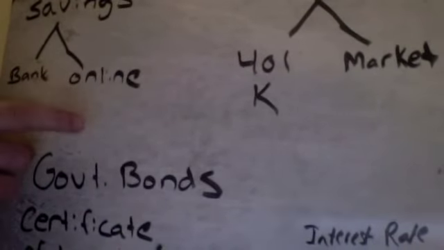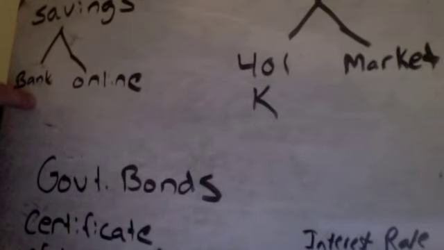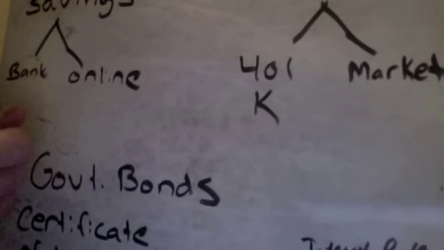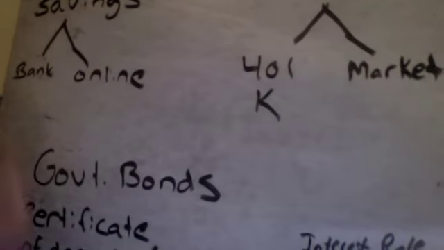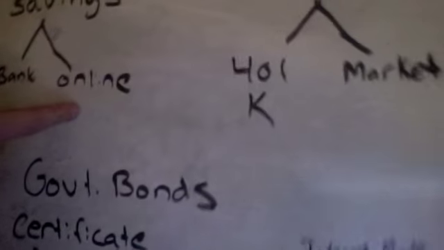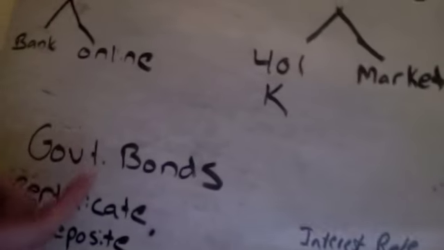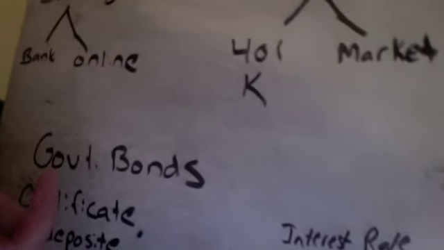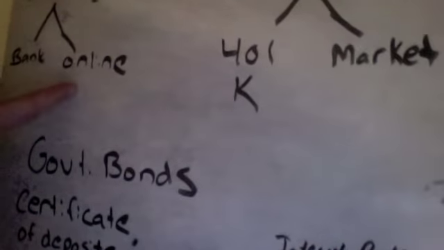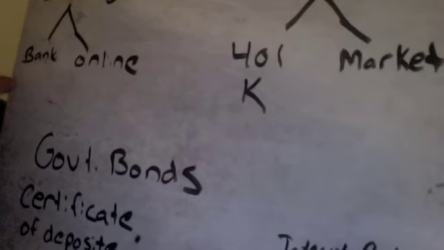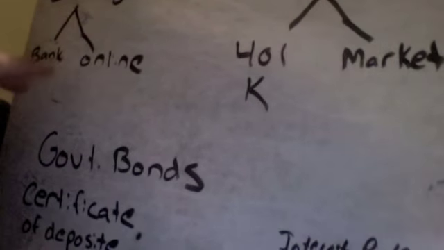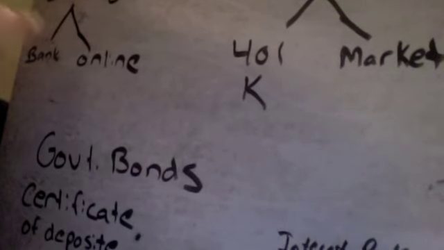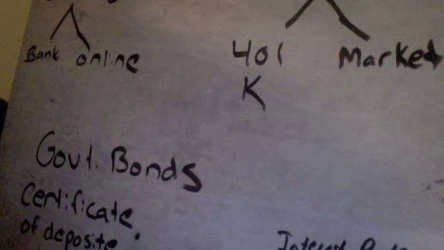Now, on the flip side, if you have your money in a regular bank, you can just talk to somebody at the bank if you have questions or if you have a problem. You can actually physically go somewhere. The customer service at an online bank, while it might be okay, and you guys have called people up for the intercom or the internet stuff, you talked with people, you may not find it as helpful as just actually talking to a person at a bank. So those are the kind of things where there's not much difference between these two things, but that may be a slight difference that you in the future would want to think about.